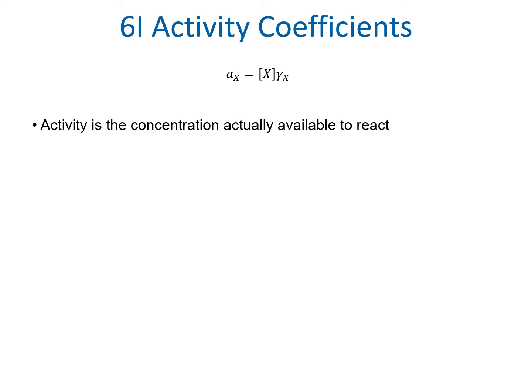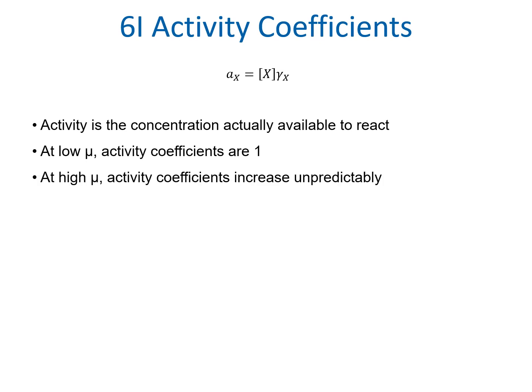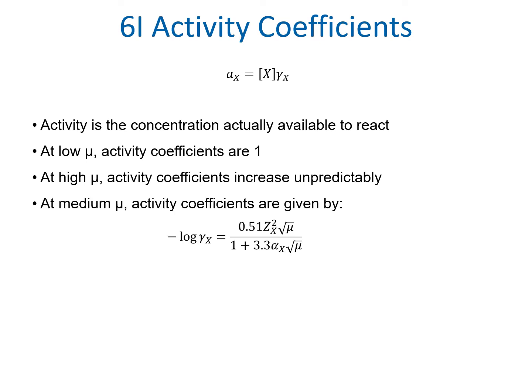In many cases, it doesn't really matter. If the ionic strength, again indicated by mu, is low enough, the activity coefficient is essentially 1, which would make activity and concentration essentially the same. On the other hand, at high ionic strength, our activity coefficients change unpredictably and our models fail. At medium ionic strength, on the order of like 1 to 100 millimolar or so, activity coefficients can be determined